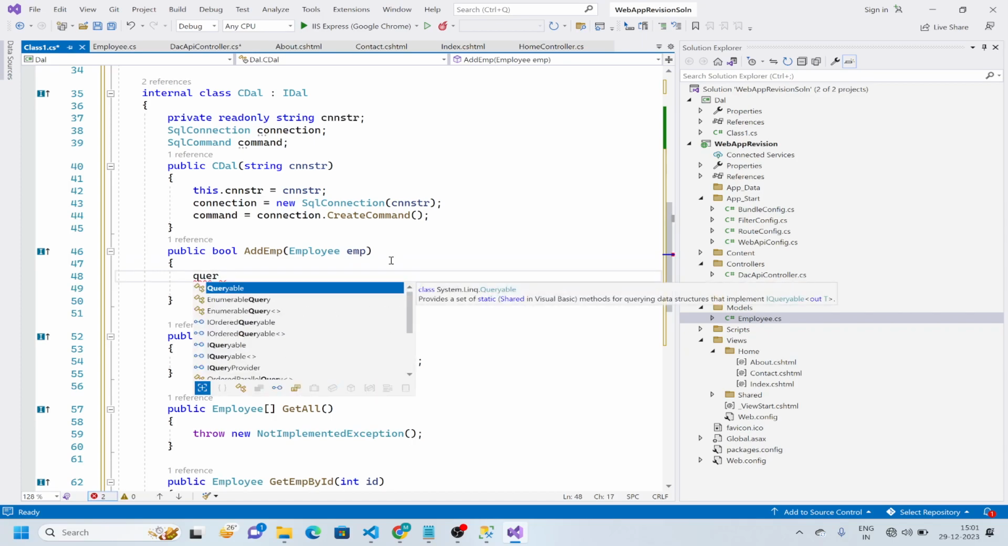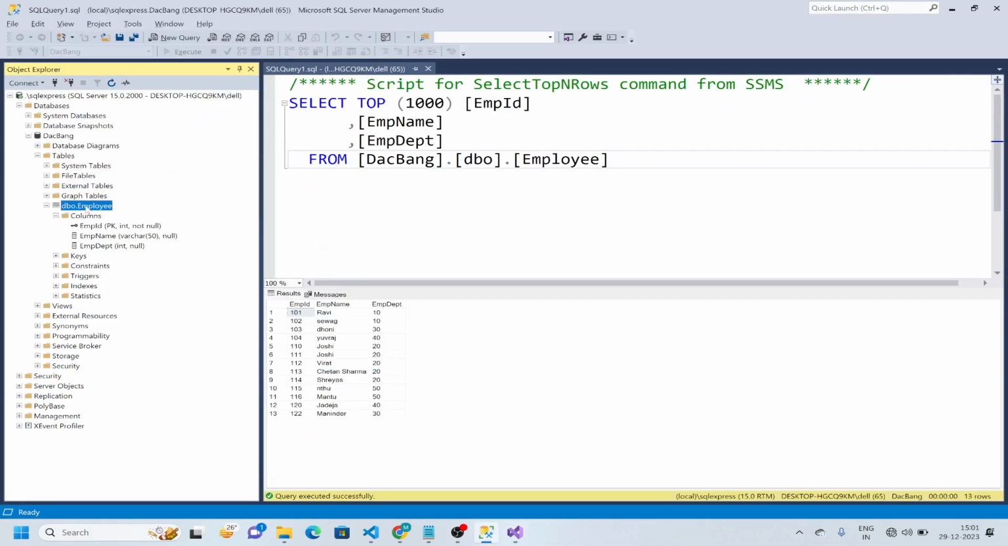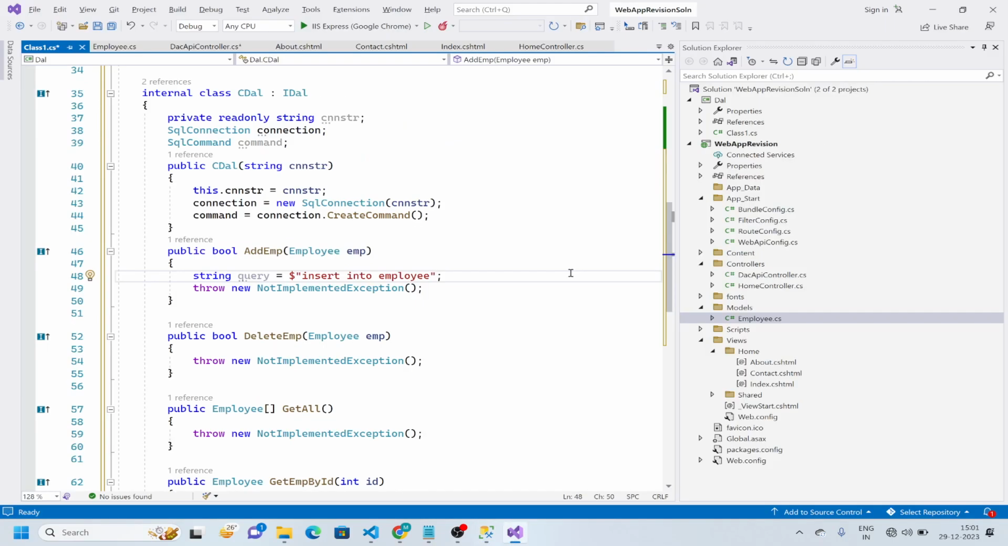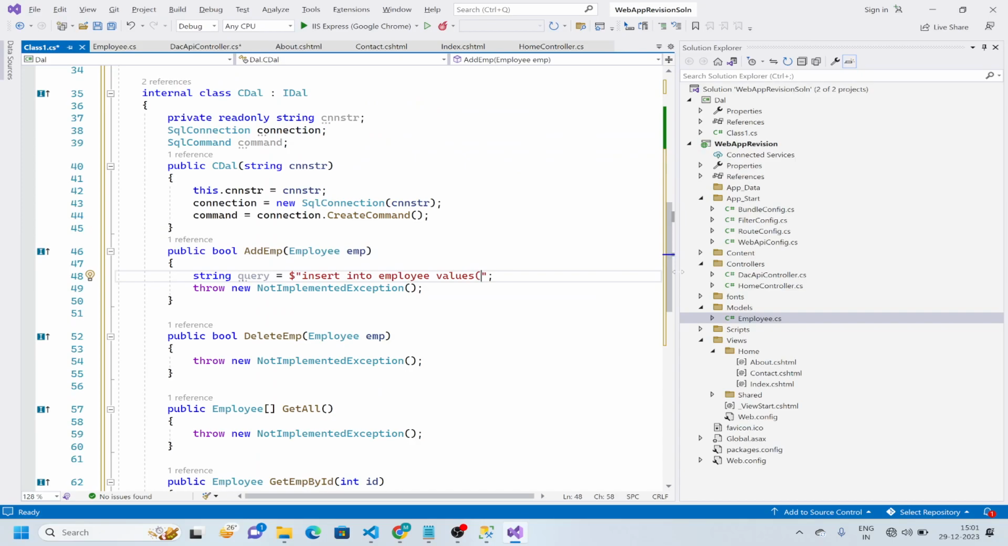Help me to build the query, string query. String will have the query. So what is your query? We'll use interpolation. What is your query? Insert into employee. Take a look once, employee, this employee. Okay, values, correct, right? Insert into employee or employees, emp ID, emp name, emp department. Okay, so employee